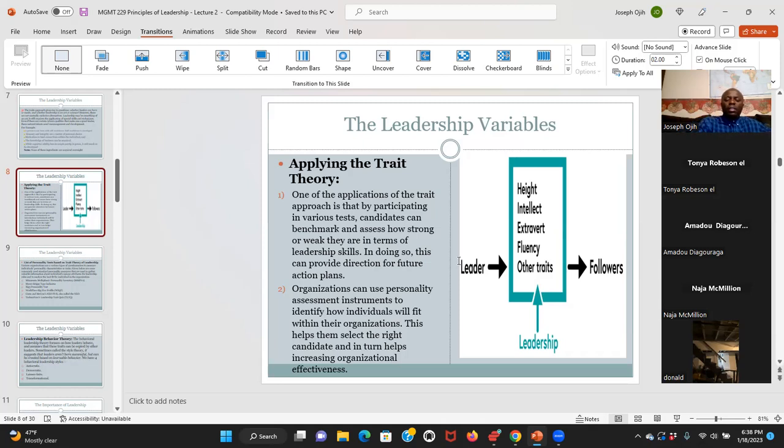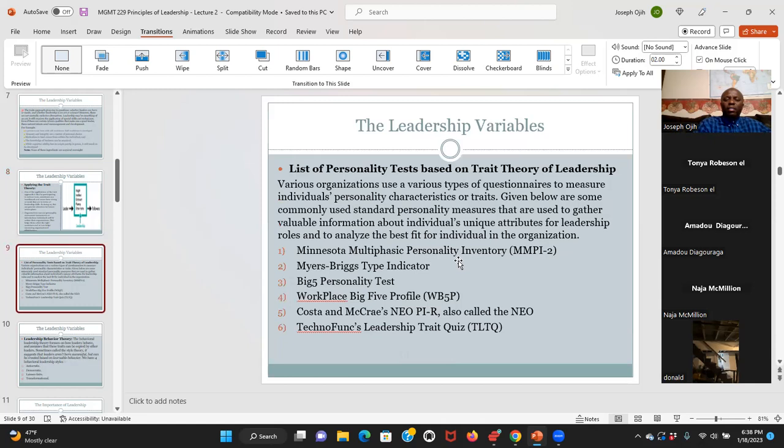The test I'm referring to, as I have already mentioned, is the hiring process, which is a form of test to see if you are qualified for this job. So when they hire you, that means you passed their test. Now there are other ones used by various organizations, mainly large organizations.